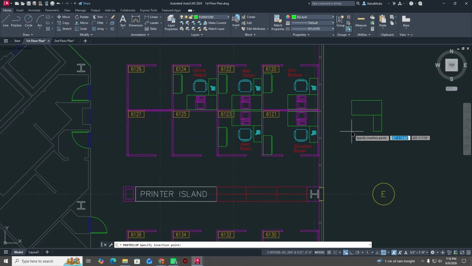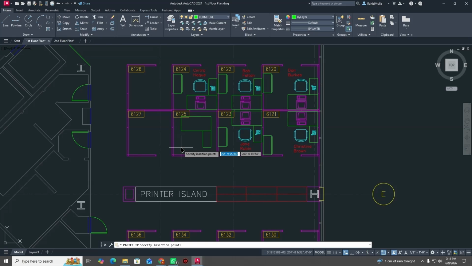The crosshair comes in, and this crosshair is not helping me place my element in the relevant position. So I pressed Ctrl+C for copying, and for pasting I pressed Ctrl+V. In this scenario, when you have copied an element